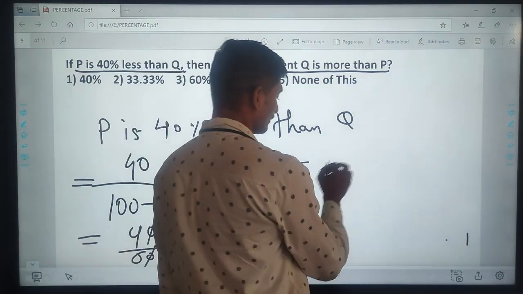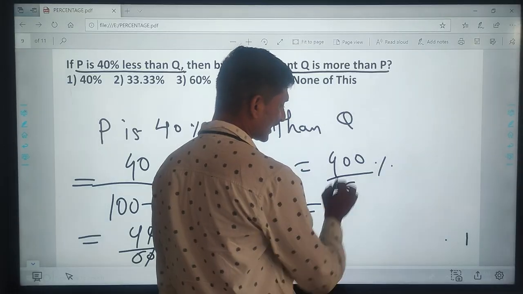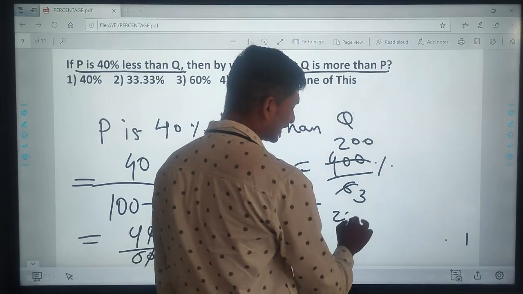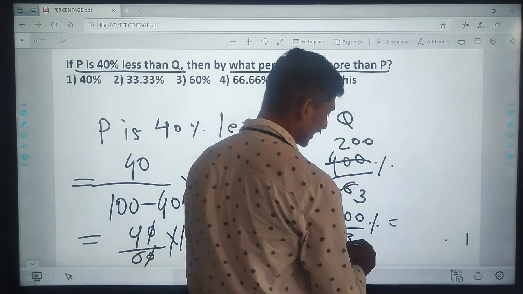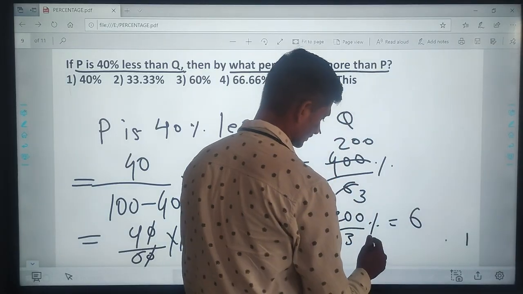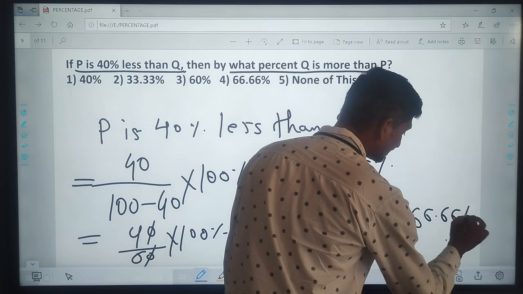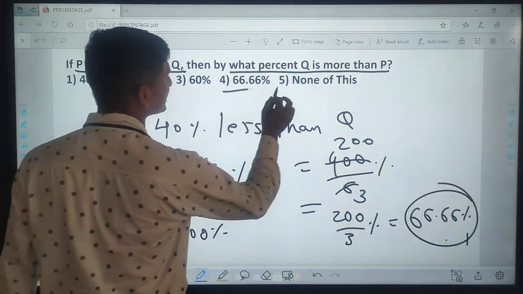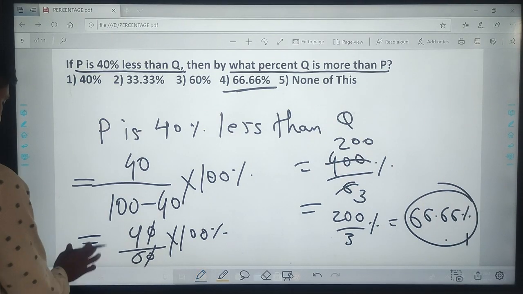Here remains 400 divided by 6%, that is 200 divided by 3%, that is 66.66%. Here your answer is 66.66%. Now next,